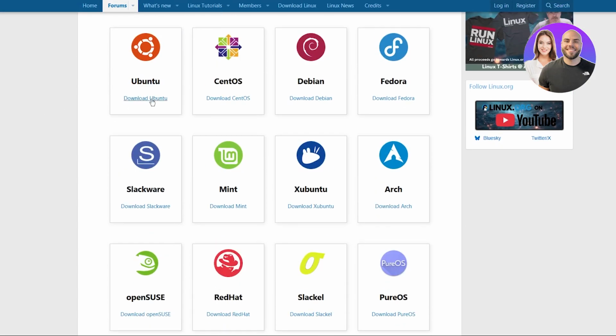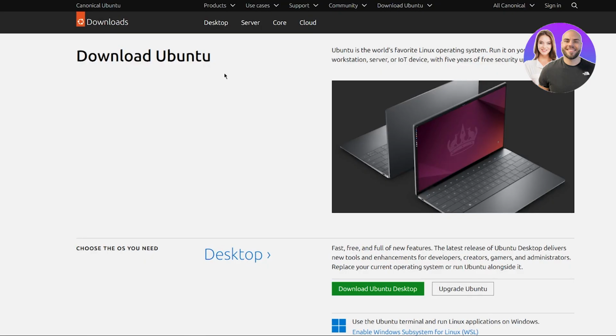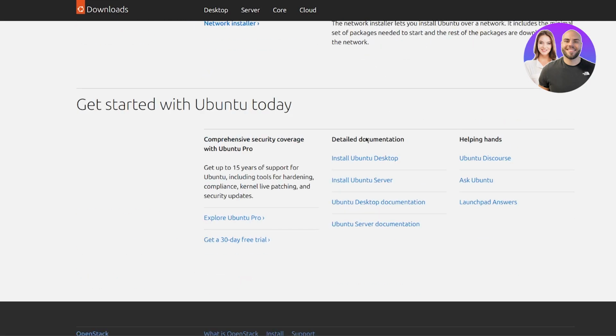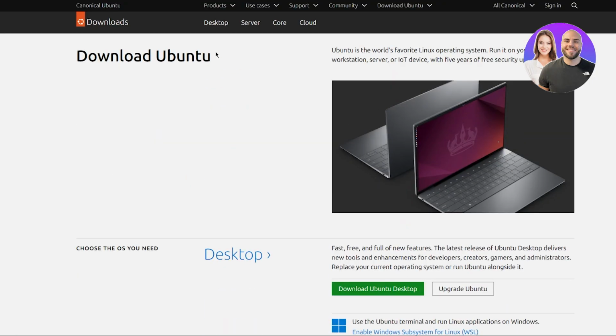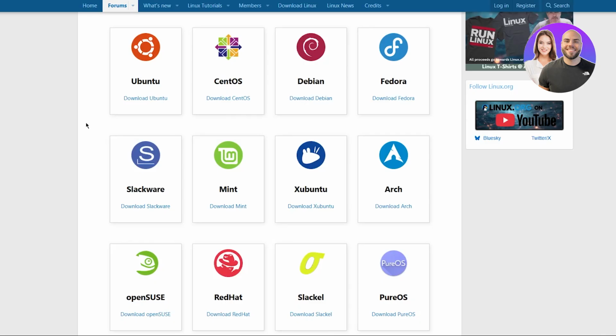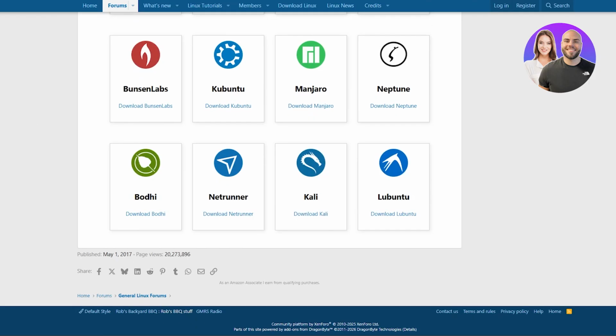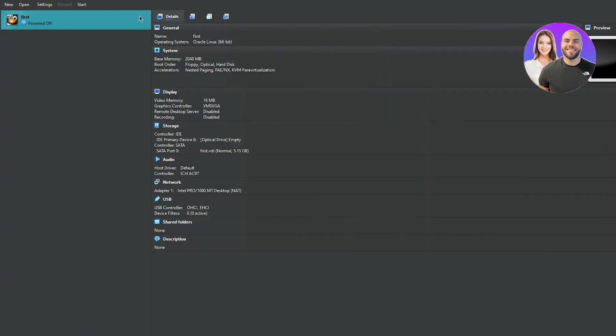Now, once you're here, you're going to go ahead and download Ubuntu. Once you go to Ubuntu, you can either download the desktop or the servers. You can get one of these things for yourself depending on whatever your core is. Obviously, that totally depends on how you depend on working on it. Okay. Now, once you have selected the ISO file,